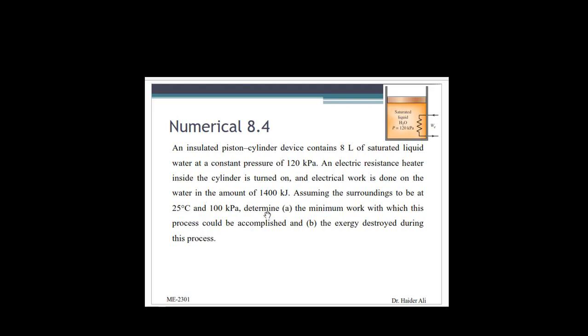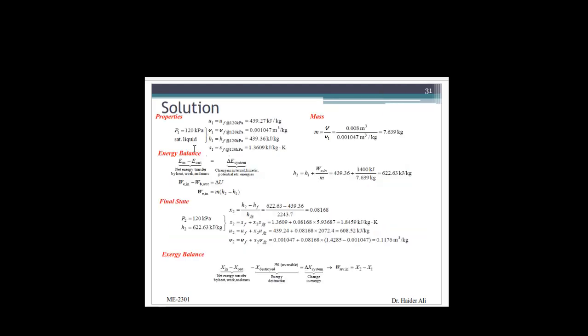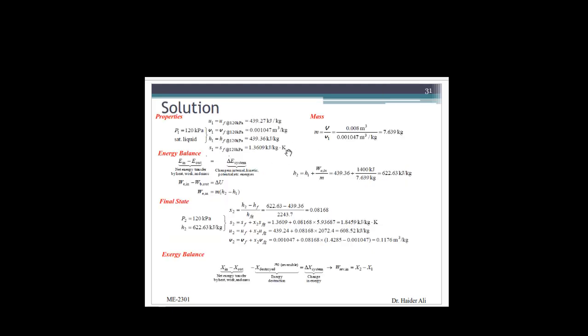So we have a closed system, there is no mass transfer, and we have a device which is supplying some energy in the form of electrical current, right? So moving forward, first of all, let's talk about the initial condition at 120 kilopascal saturated liquid. We can find all the properties, which are U, internal energy, specific volume, enthalpy and entropy, as the saturated liquid condition at 120 kilopascal from the tables, and as it is water, we can find them from table A4 or A5, right? Similarly, for the mass, we can simply use the volume and the specific volume to calculate the total mass of the water, right?